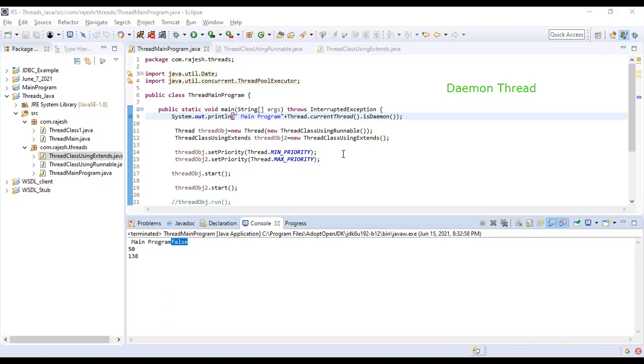The same way in Java, we have a thread pool where multiple worker threads will be available, and we can use it, and then it will be sent back to the pool, and we can reuse it every time we want. Okay, so that is something concept wise, and I think that's all.